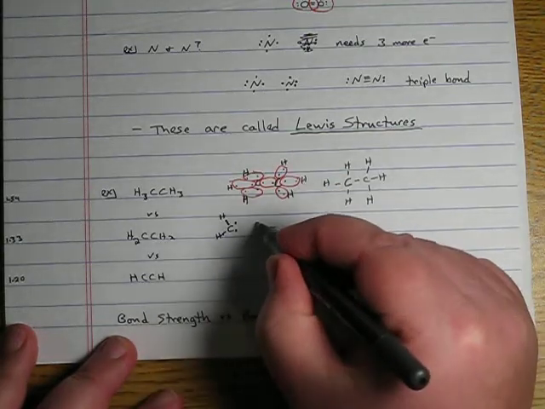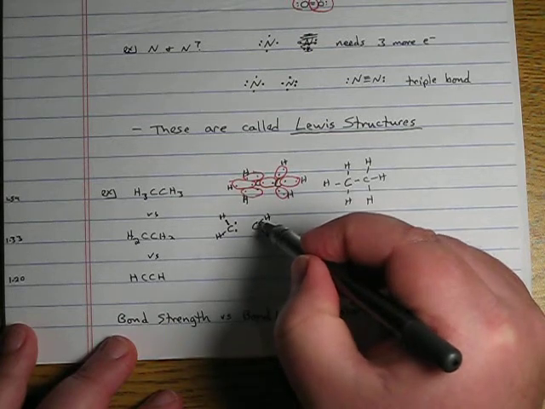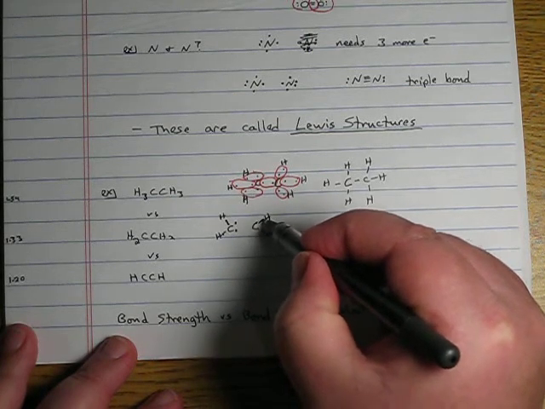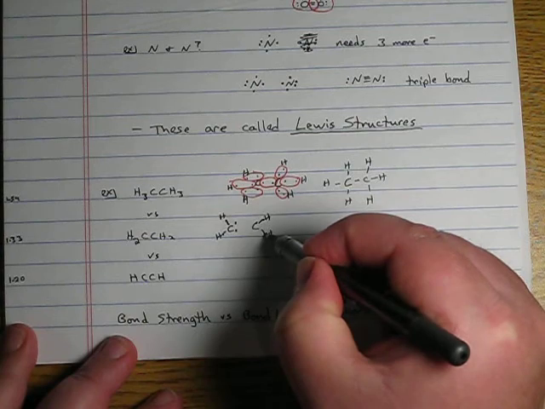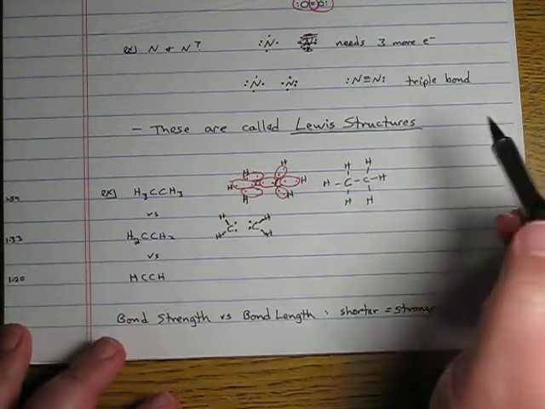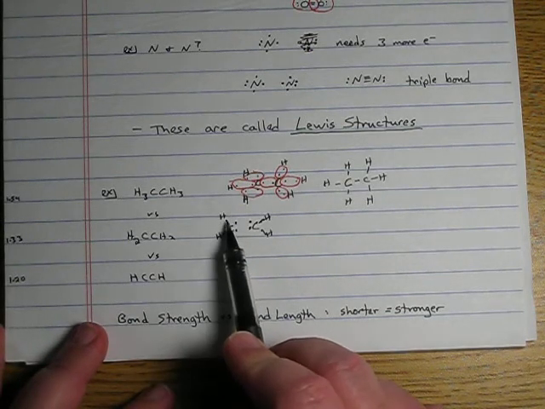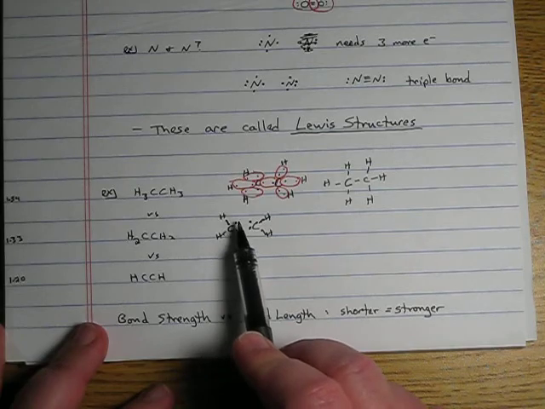The next carbon has its 2 hydrogens. Note, 1 electron from this hydrogen, 1 electron from this hydrogen, 1 from the carbon, 1 from the carbon. I need 2 more electrons here. Now the question is, how do I give this carbon its octet? It has 1, 2, 3, 4, 5,